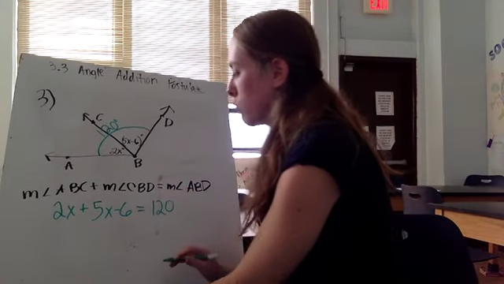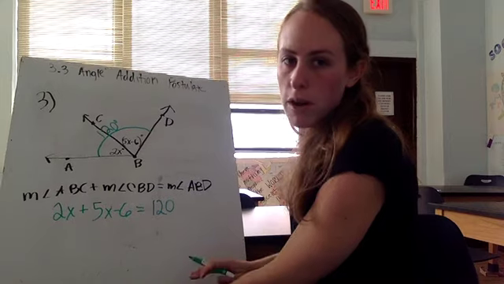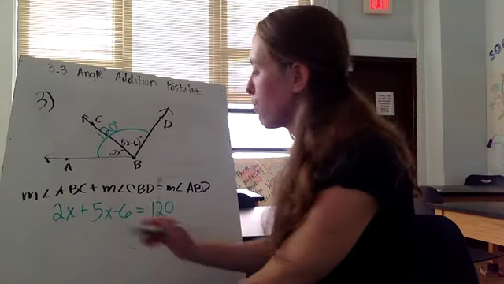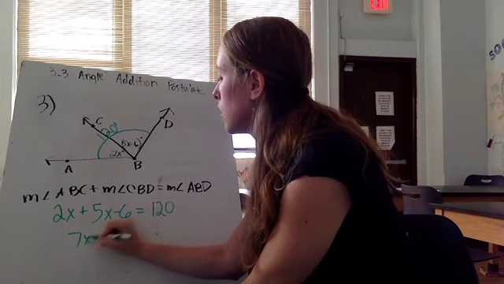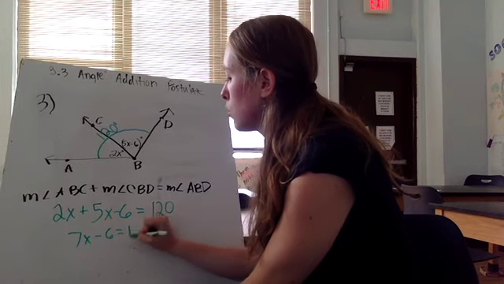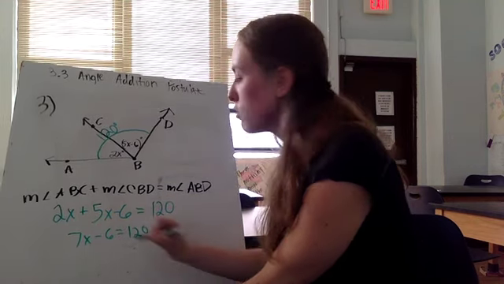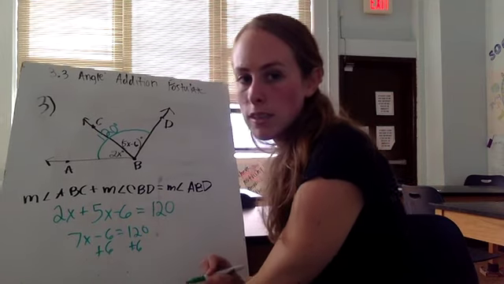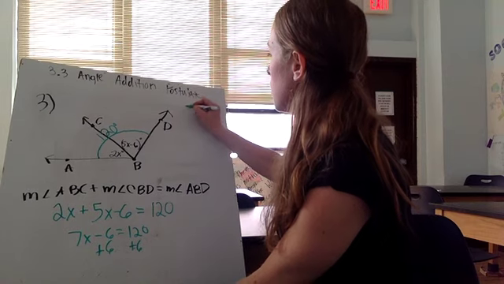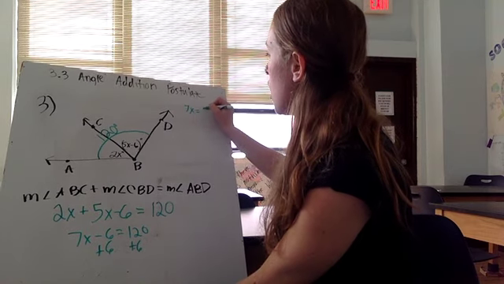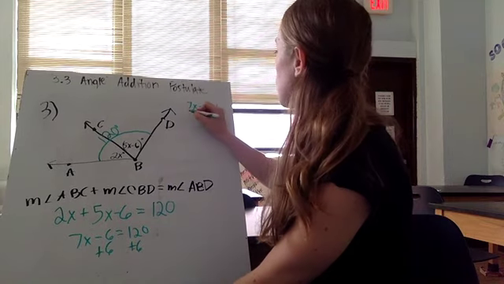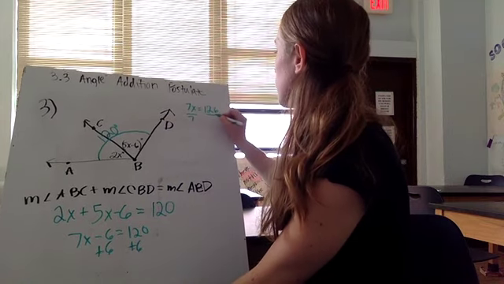Now we can use our Algebra 1 skills to solve this problem, starting by combining my like terms. 2x plus 5x is 7x, minus 6 equals 120. I then have to add the 6 to both sides, and I get that 7x, I'll write it up here, 7x equals 126. You divide both sides by 7,